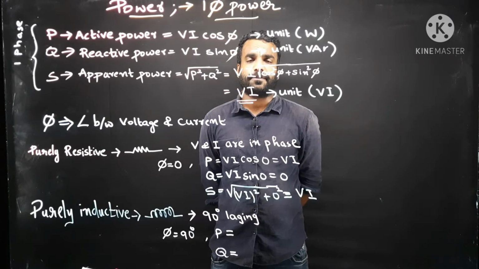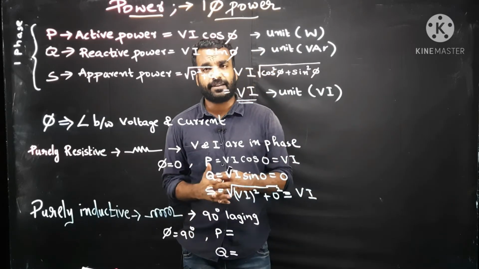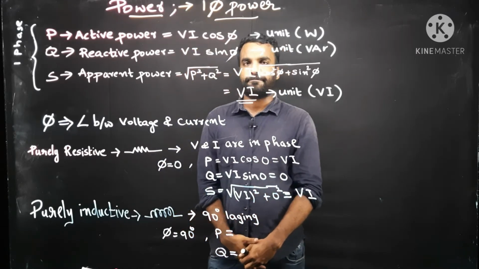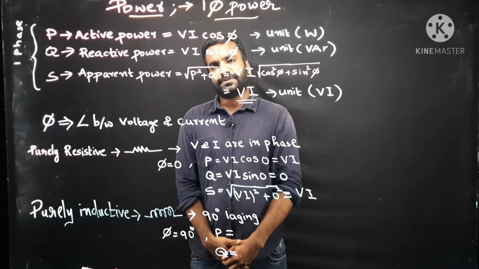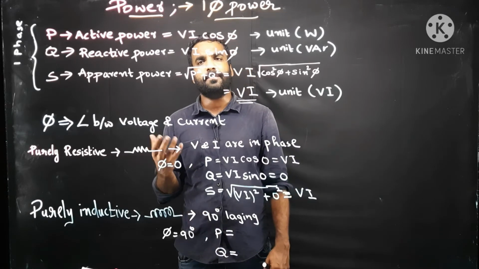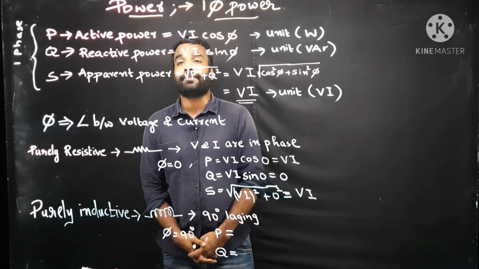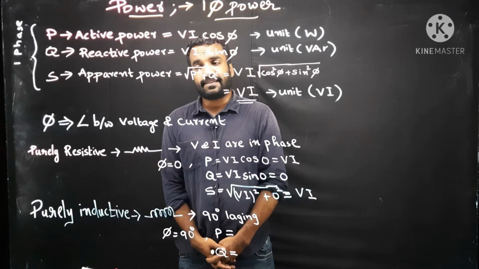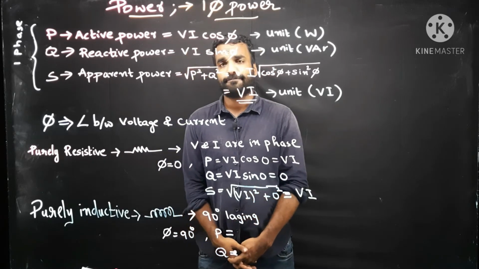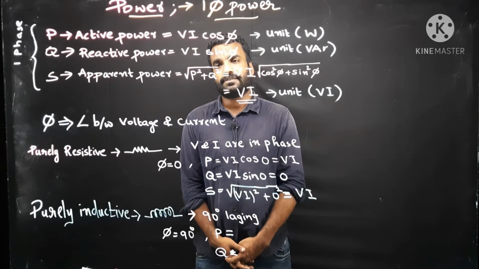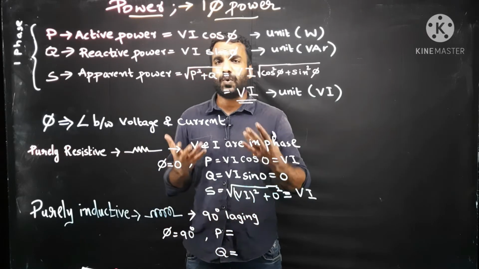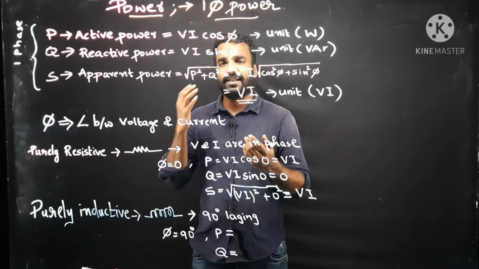What is active power? A power that we can see with our eyes is generally active power. Suppose you are seeing some light from a bulb, definitely it is active power. It is how an incandescent lamp produces its brightness, its light. It is due to the current into resistance. Some loss happens and that is converted into light.